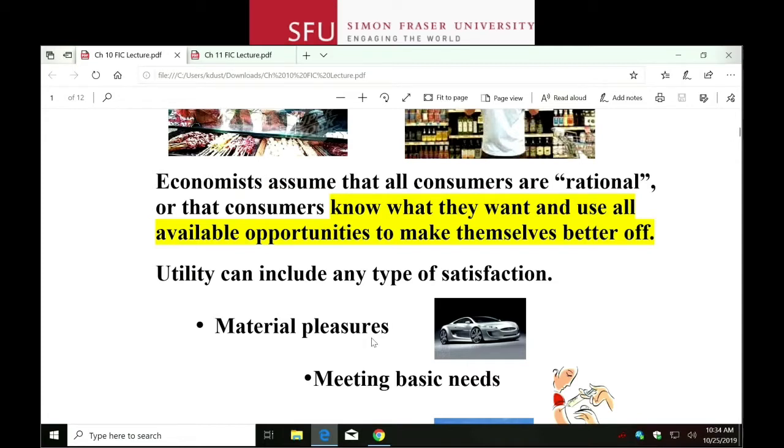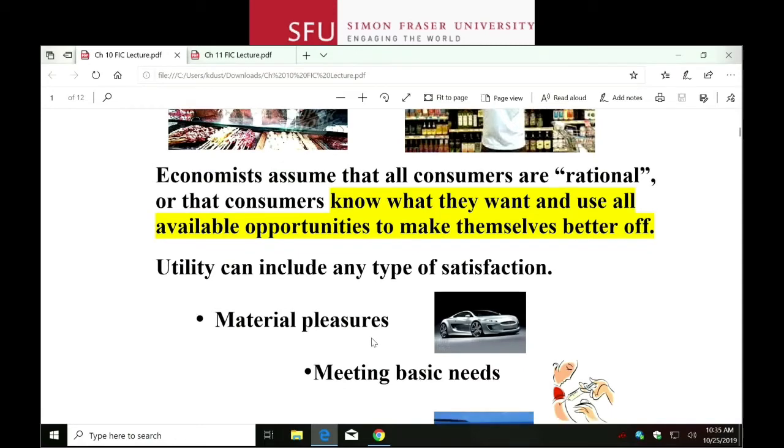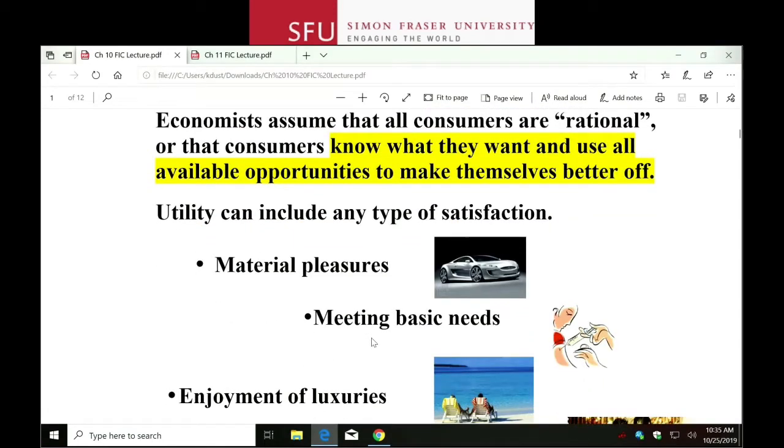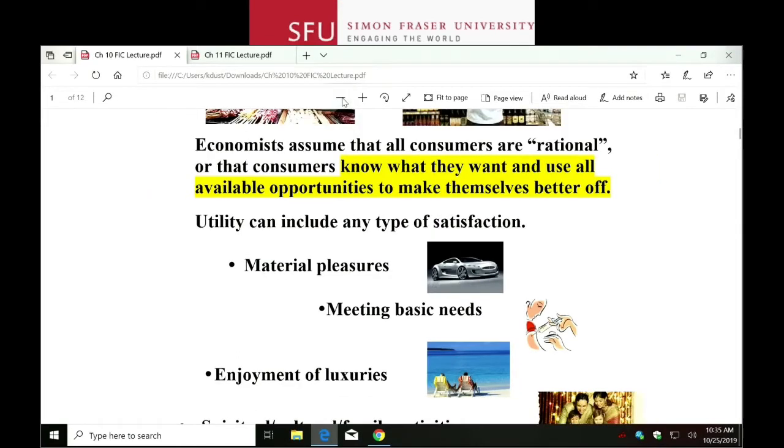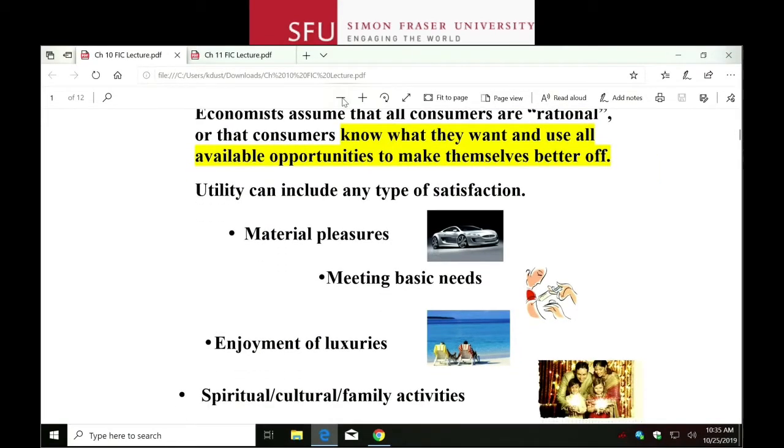Okay, now there are different kinds of things that give us utility, and all of these are examples. Some things that give us utility would be, say, fancy cars, right? So just fancy things. Other things that give us utility, like getting medicine, that doesn't make us happy at all to get the medicine, but it satisfies some needs. So that is also utility. Enjoying luxury things, or just even when you're not buying anything, you're just spending time with your family or friends or doing different things. Okay. All right. So consumers, we try to get as much utility as possible.